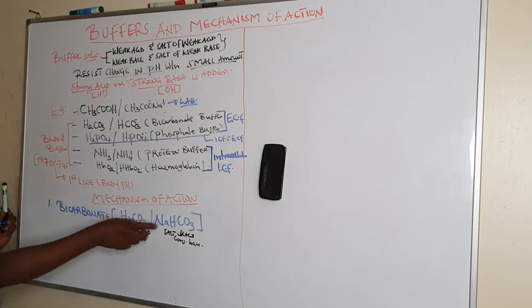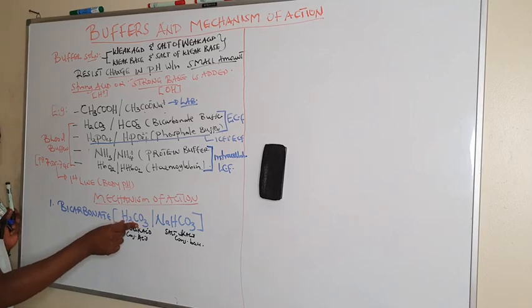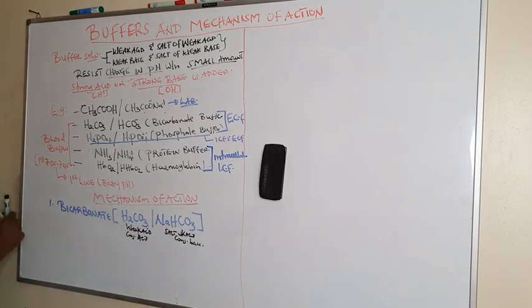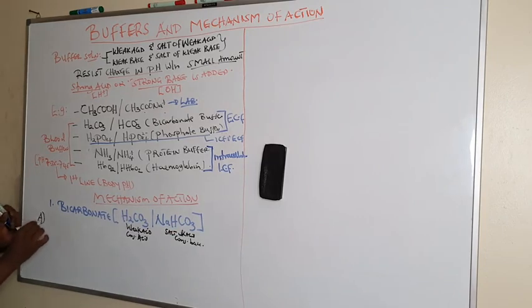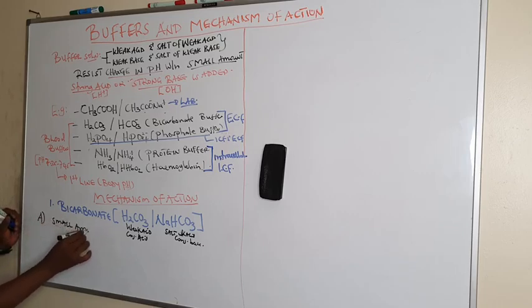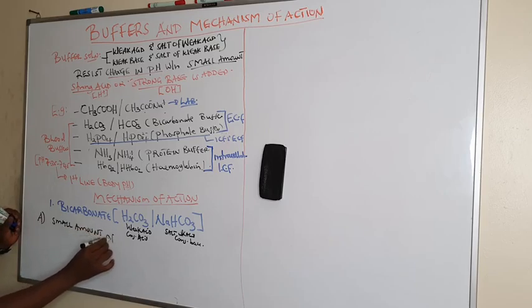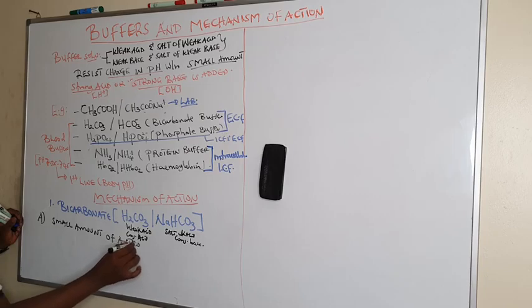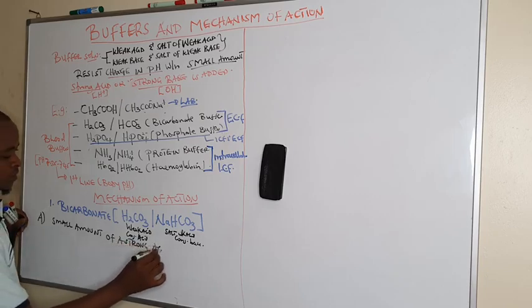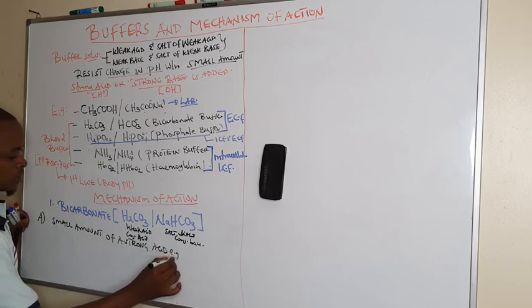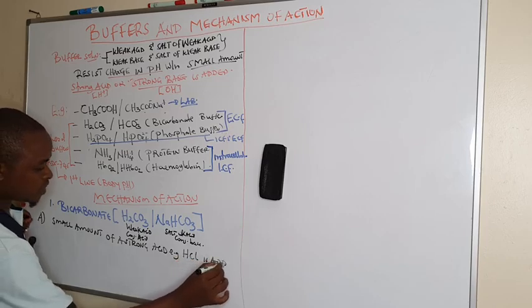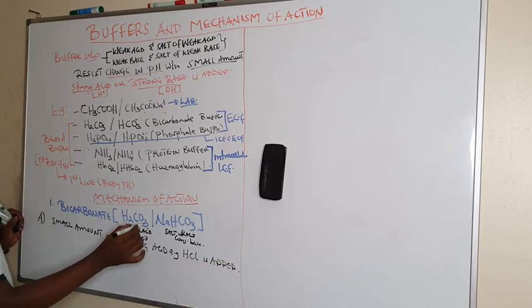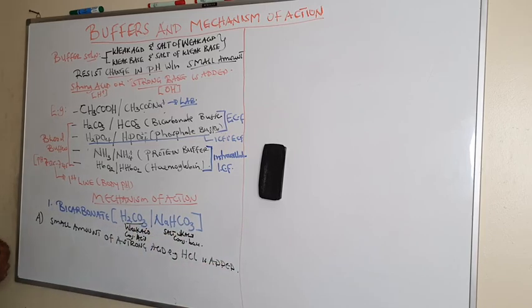So if I have a solution containing carbonic acid and sodium hydrogen carbonate, and a small amount of a strong acid such as hydrochloric acid is added to this buffer containing weak carbonic acid and sodium hydrogen carbonate,